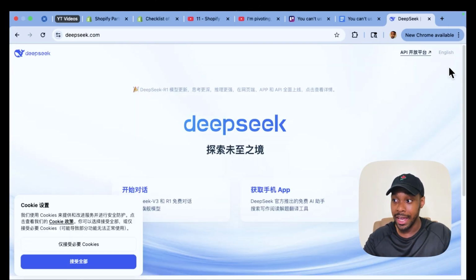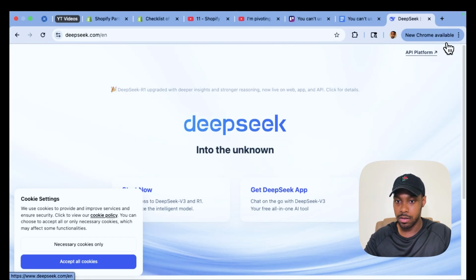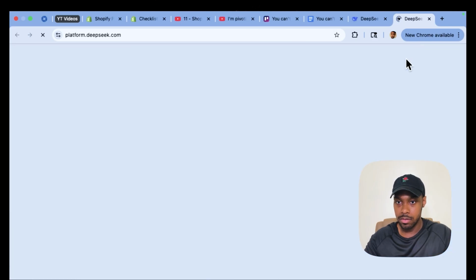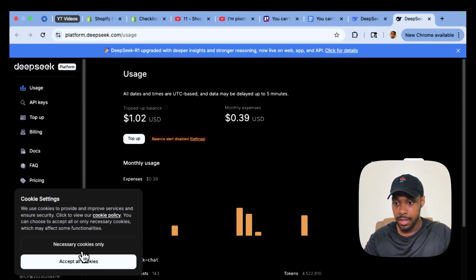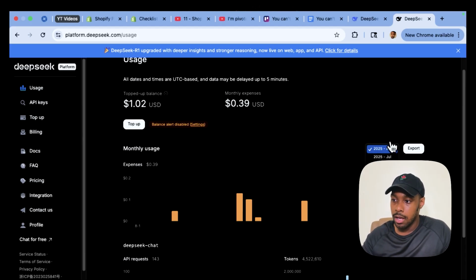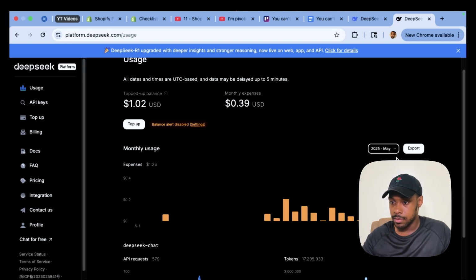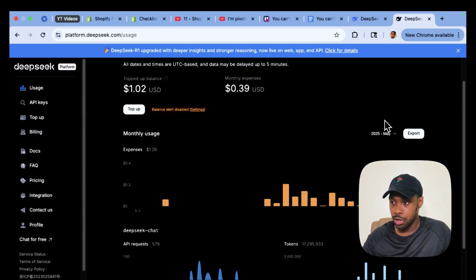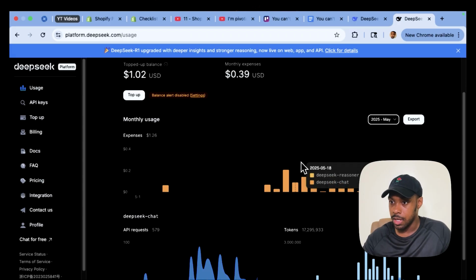I want to show you how much I paid for this so far. Okay, so inside of my account, you see this, right? So I'm going to show you how much of DeepSeek I've used since May. I started development on the app I'm currently working on at the end of May because I pivoted to a different idea. So I want to show you from May. Hold on. Yeah, I'll just show you a month by month breakdown.